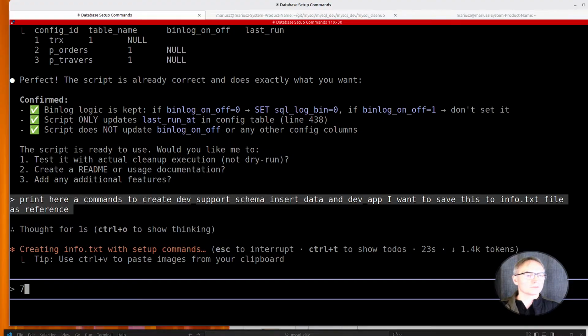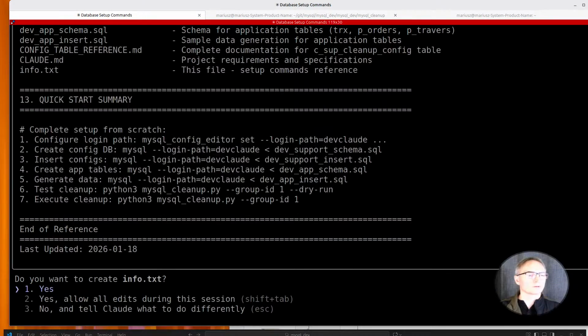Okay, I'm just adding the info.txt file with the setup commands so that if you're gonna pull this repository, then you have a full version, full set. Okay, and